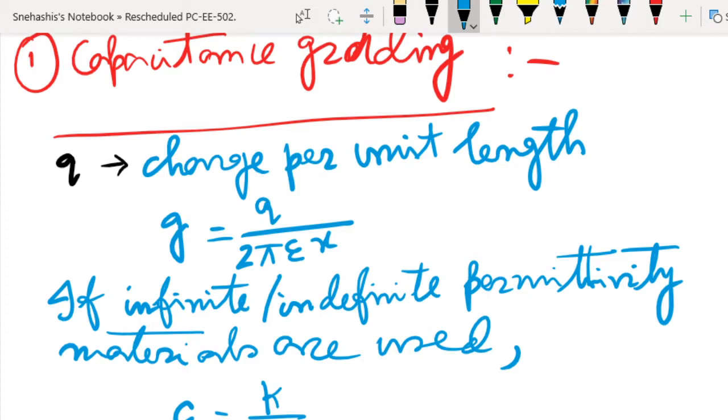If you use an infinite number of materials with varying permittivities given by epsilon equal to k by x,